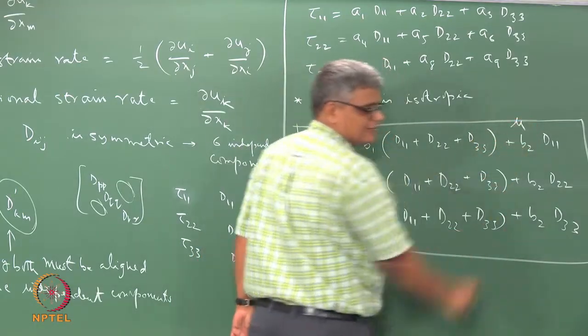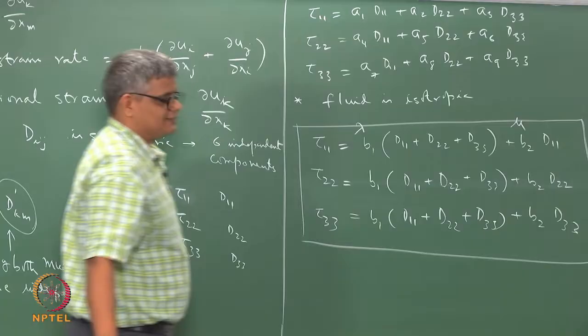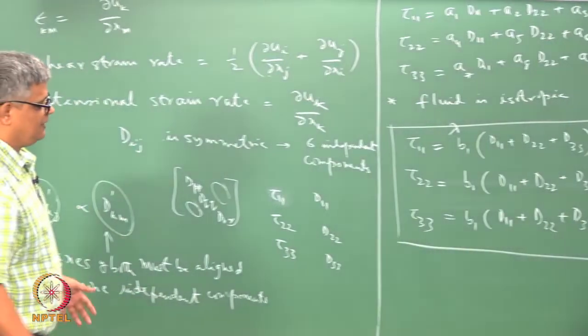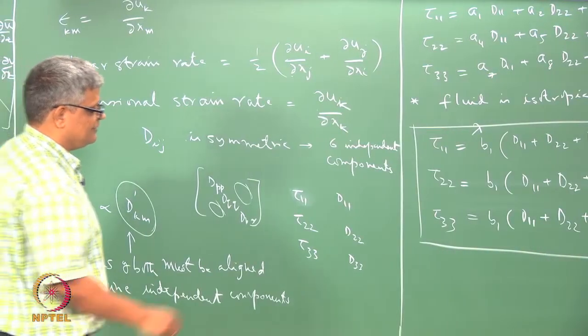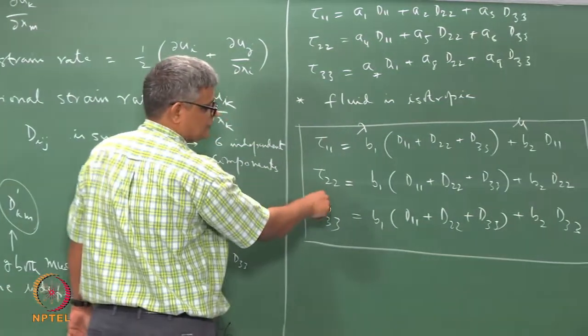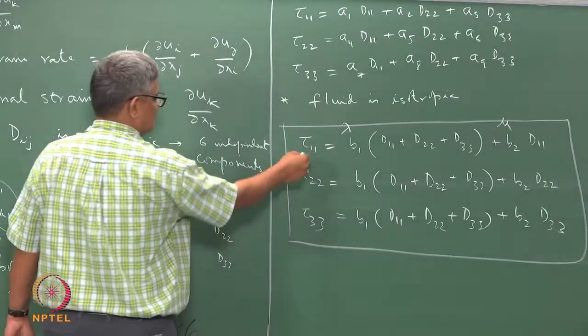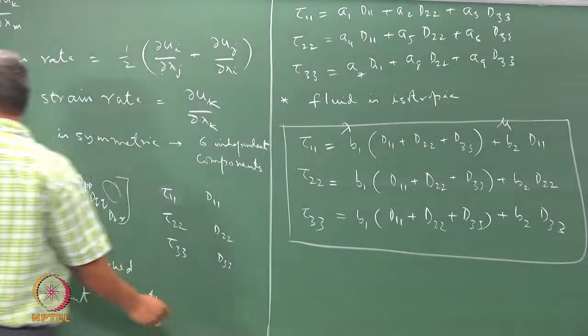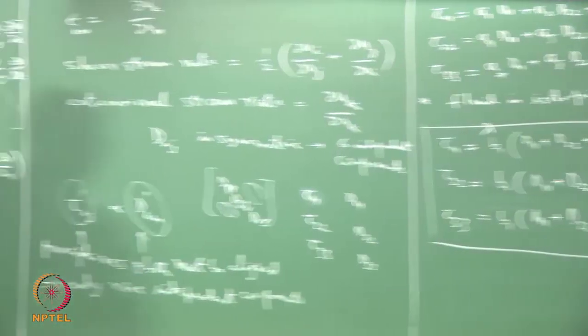This is our dynamic viscosity, and this is known as the second coefficient of viscosity, and this relation expressed in the principal coordinates will be like this, but when it is transformed from the principal coordinates into general ij coordinates